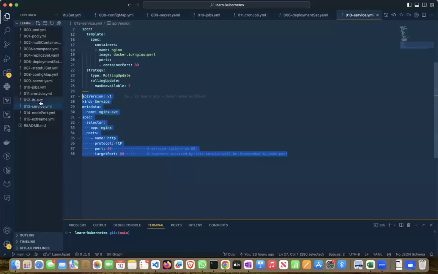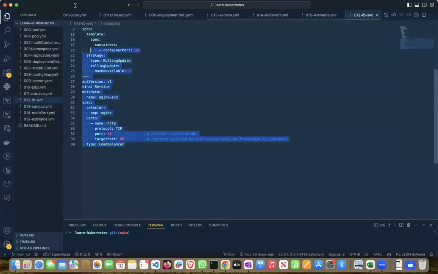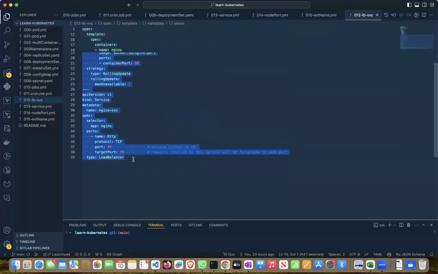What if I want to expose something to the external network? That time you will be using a service called a load balancer. So load balancer is a type of service that really